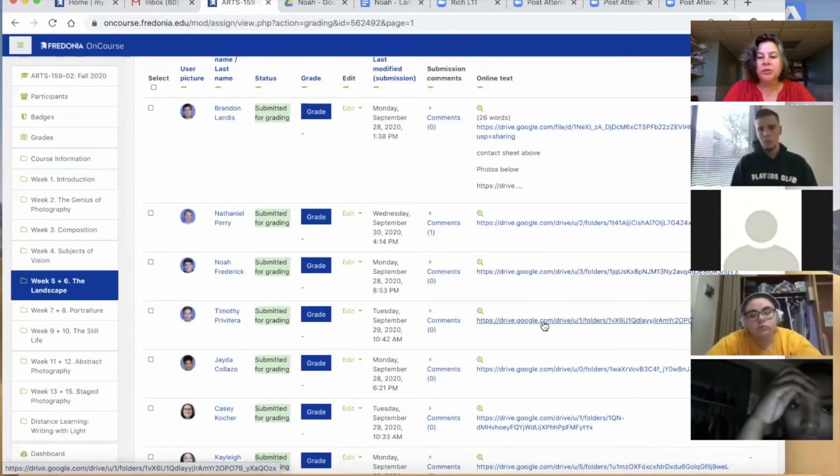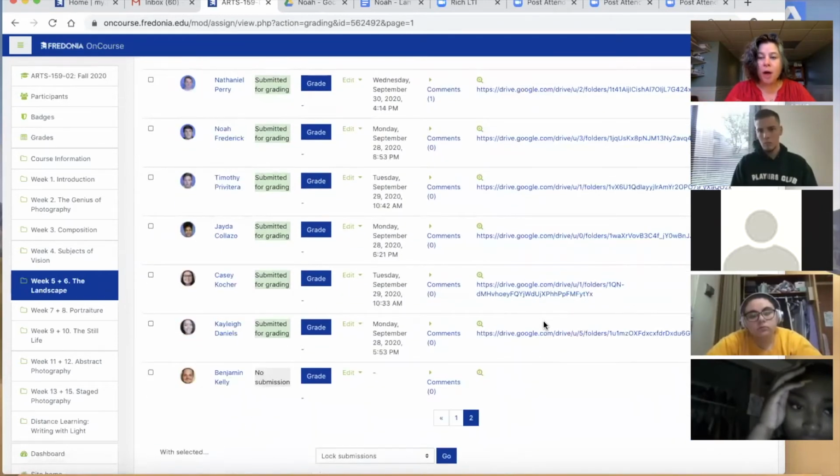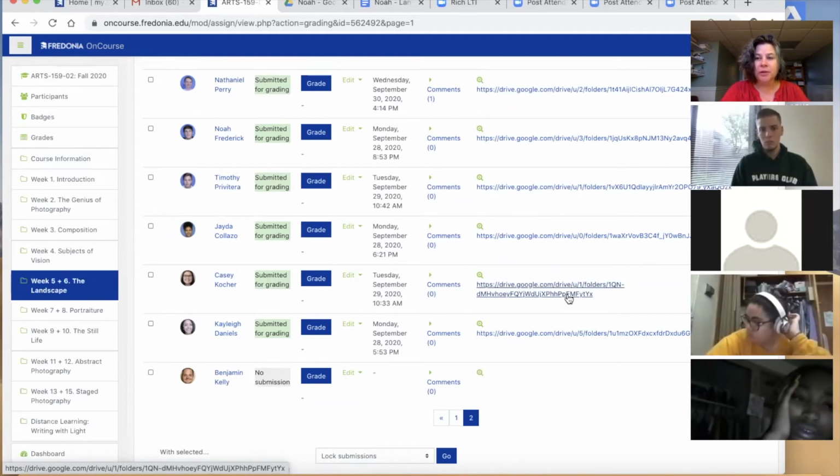So all of you who loaded up your URLs correctly for your contact sheet, after you read your reviews, after you decide which one you want to submit, you're going to just drag and drop it into the same folder that you connected for contact sheets, by the end of the class period on Tuesday. I'm sorry, Tuesday. And we'll also be Zooming on Tuesday. So if you have any more questions or concerns or any issues, we can talk about it then too.